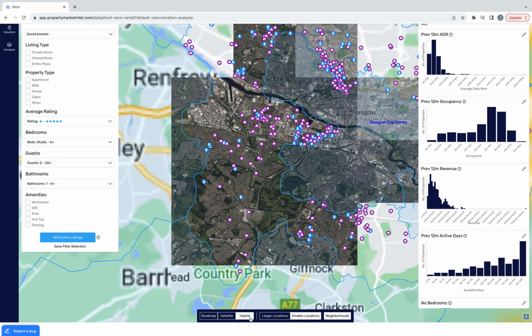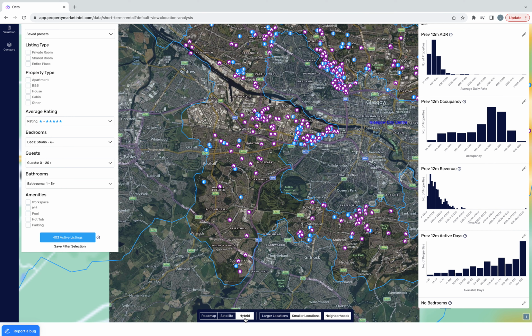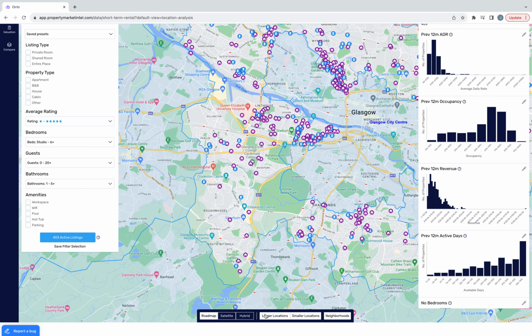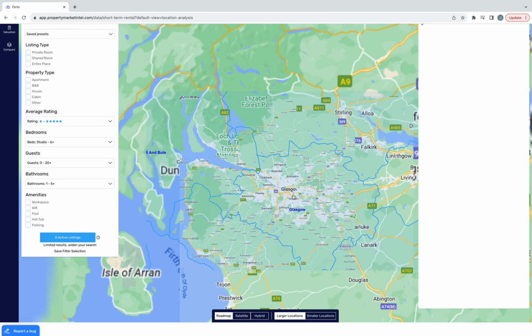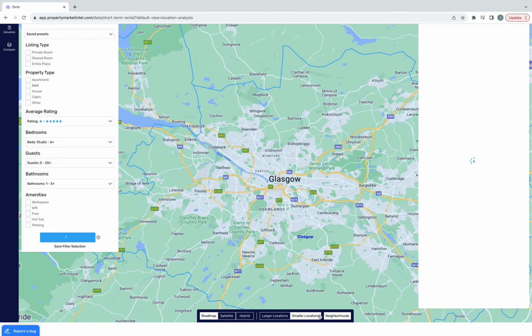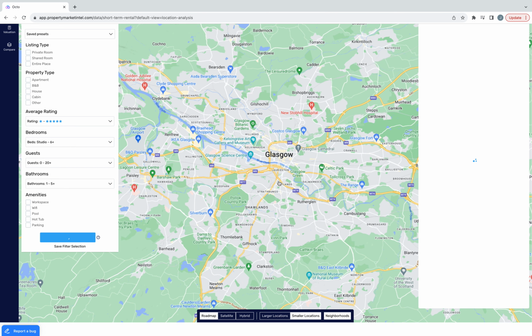And you can also do a hybrid, which gives you the road names on top of the satellite to get a better understanding of where locations are. We'll switch back to road map, and then you can also look at larger locations by clicking this button here, which will let you select some of the larger locations, but we always suggest that you use the smaller locations. So going back to the city centre,